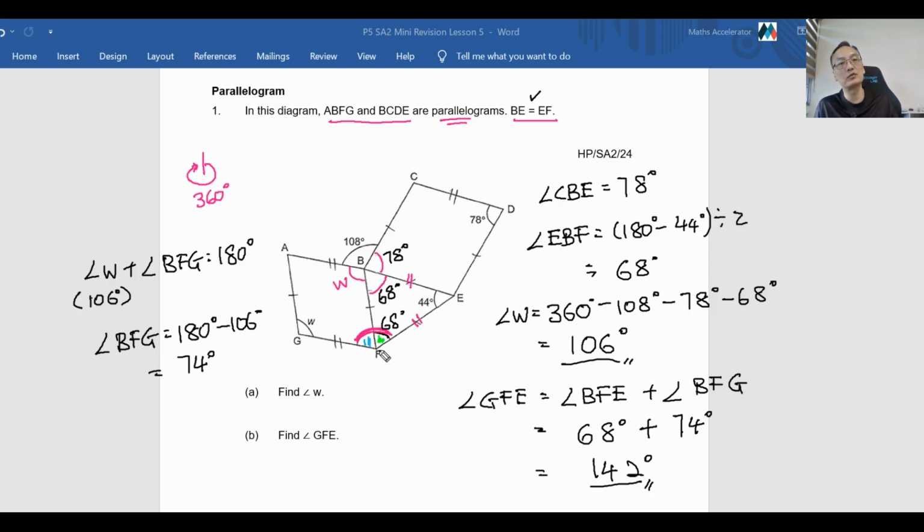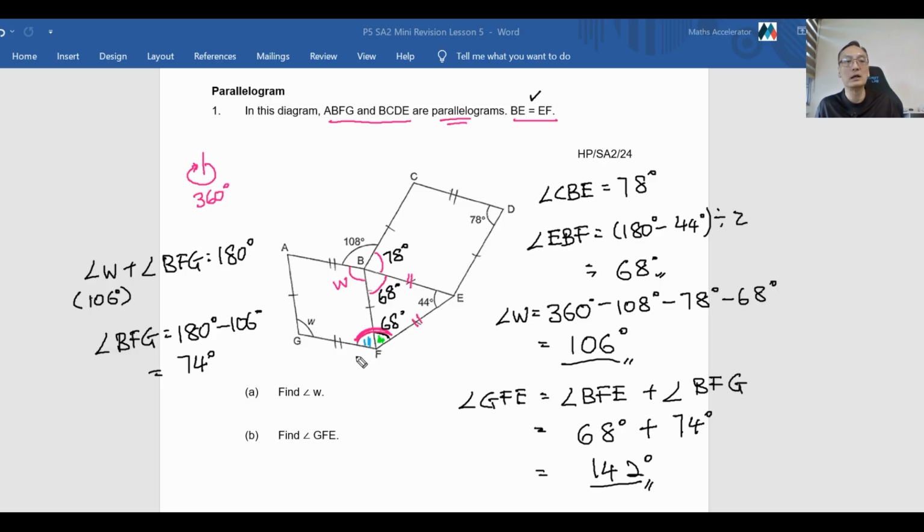We know that in an isosceles triangle, there are two equal sides and two equal angles. So we make use of this property two times, right? First time is to find angle EBF, and second time we identify that BFE is also 180 because this is an angle inside an isosceles triangle. And to find GFE,